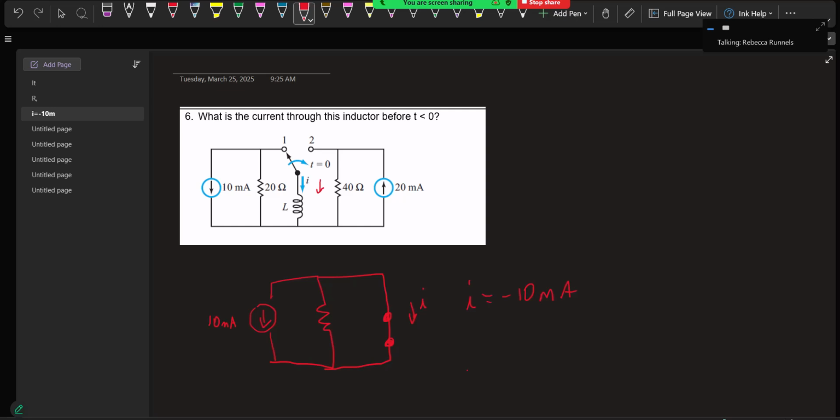Would we have to worry about the other half of the circuit? I understand that the switch doesn't let the current flow through the inductor, but I wonder if it's just stuck in its own perpetual loop? Yeah, and that's an excellent question,